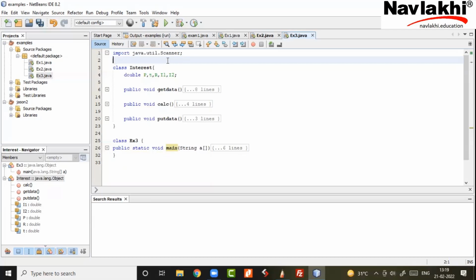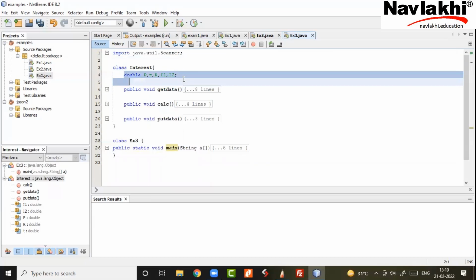What do I mean by they go into the same package, when I didn't mention the name of the package? When I don't mention the name of the package, it's called the default package. So everyone is in the same package. Now when things are in the same package, all the variables of the class which I have declared out here, and I've not declared them as public, I've just declared them without any visibility, I've not called it public, yet these things will be accessible to main.